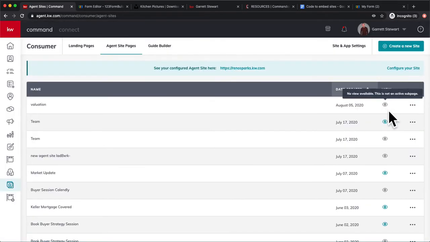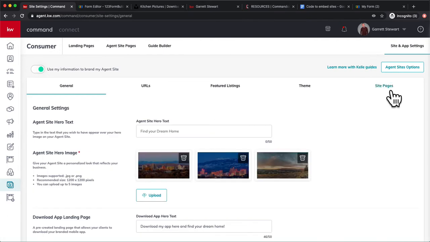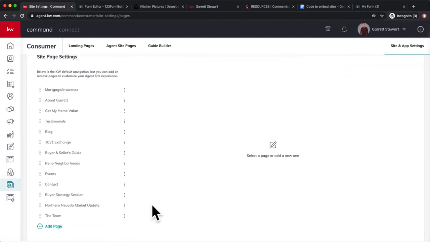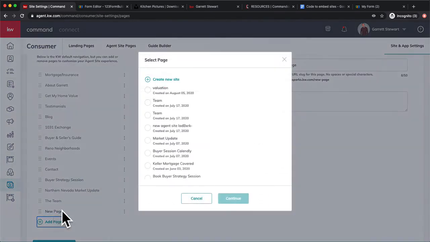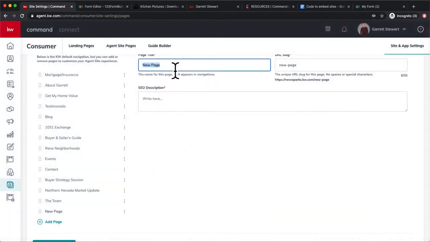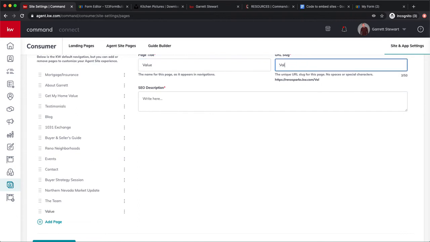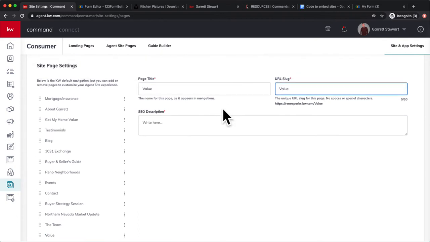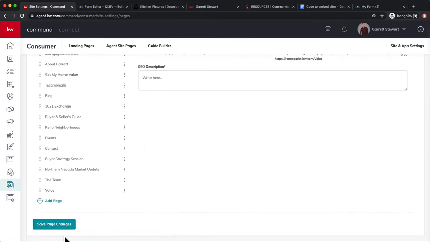Alrighty, so now it's not on our website yet, but it's created to add it. So we're going to go over to Site and App Settings. We're going to go over to Site Pages, and we're going to add a page right here. And there's our valuation page, and we'll hit Continue, and we'll just call it Value, just so we can easily be discernible besides my other one, Value. Well, I'll put there and put the URL slug as value. Okay, we'll hit Save Page